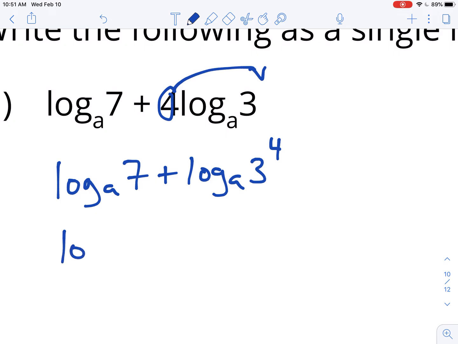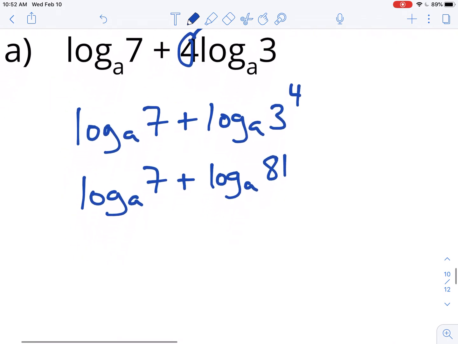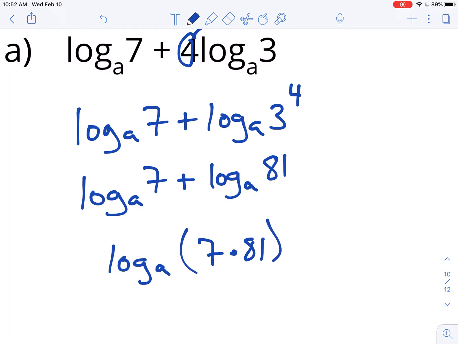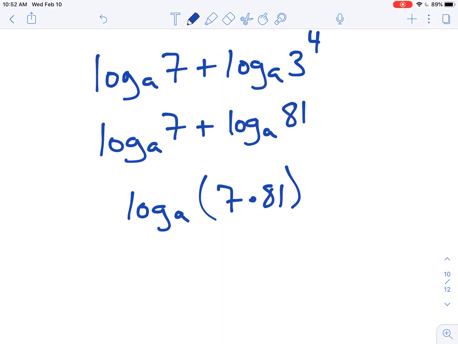And then I can actually say that this is the log base a of 7 plus the log base a of 81. I know what 3 to the 4th power is. That's 3 times 3 times 3 times 3, which is 81. So now I can rewrite this as the log base a of 7 times 81. And I know what 7 times 81 is. That's 567. So now I have the log base a of